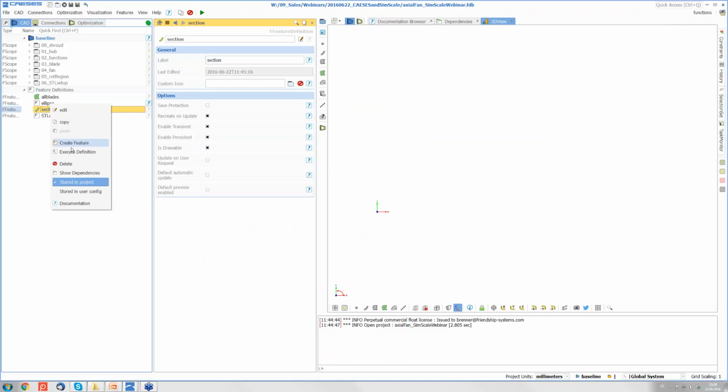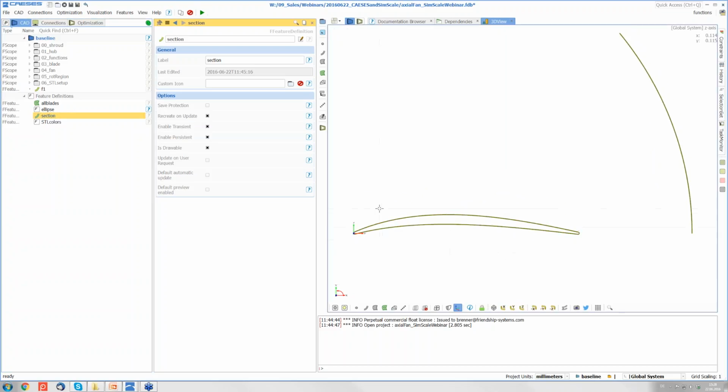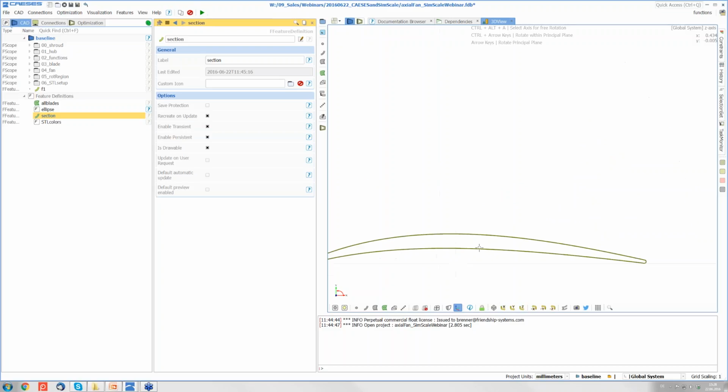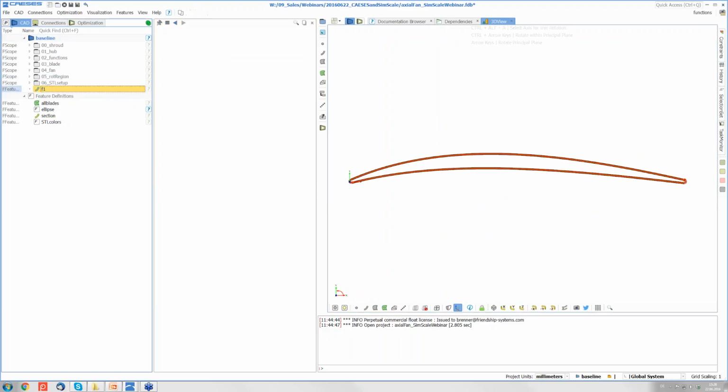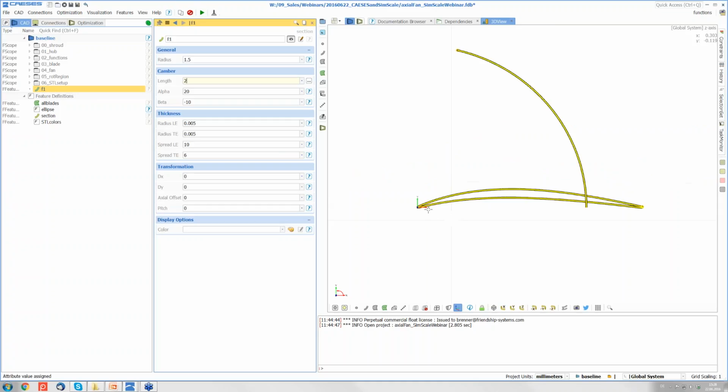We can create simply an example of this section, which you can see now here on the screen. So we see here the 2D cross-section, and as you can see here on a radius, if I rotate it, the 2D section has been mapped to a cylindrical surface to get our 3D section. Okay, now maybe we zoom in on the 2D section a little bit to show you. If I select my feature now in the tree, you can see all the input parameters that had been defined. So I can change things like the chord length,